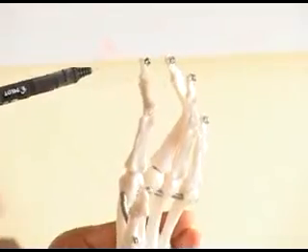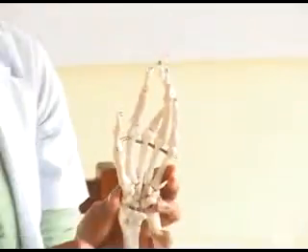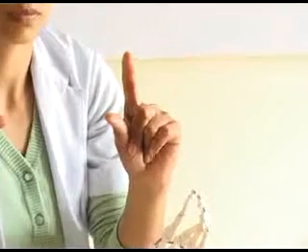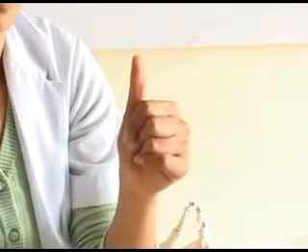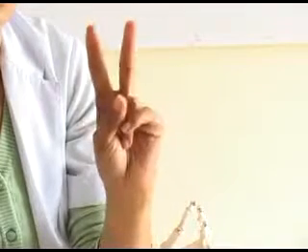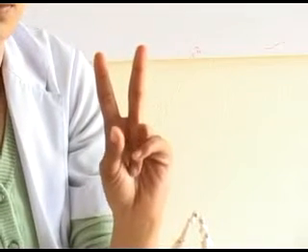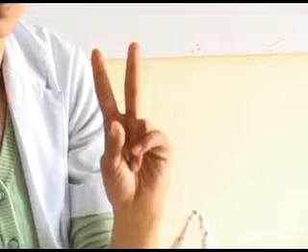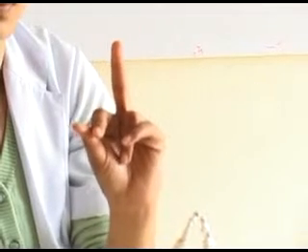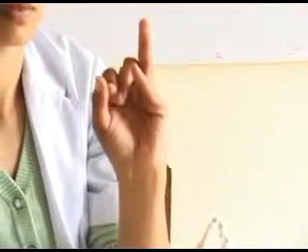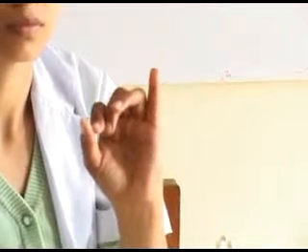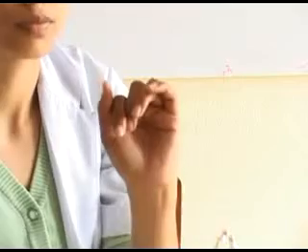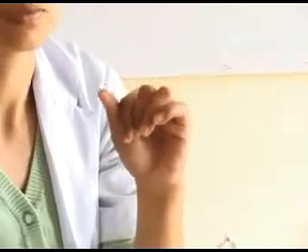In clinical practice, one must name the digits carefully. That is, thumb or first digit, index finger or second digit, middle finger or third digit, ring finger or fourth digit, and little finger or fifth digit. At times, wrong digits have been operated upon because of different nomenclature.